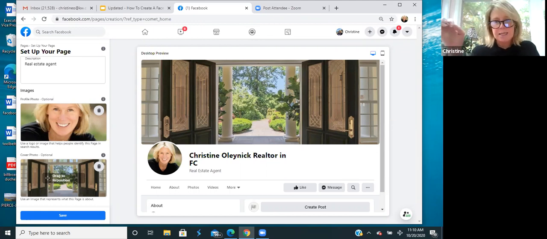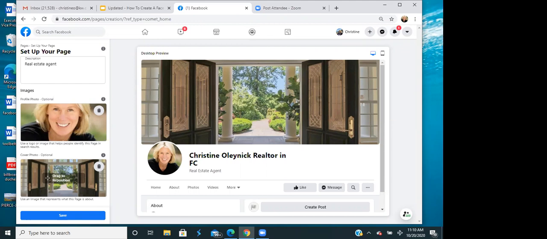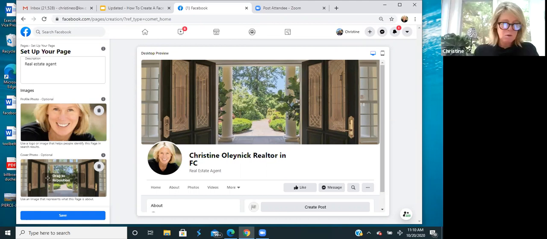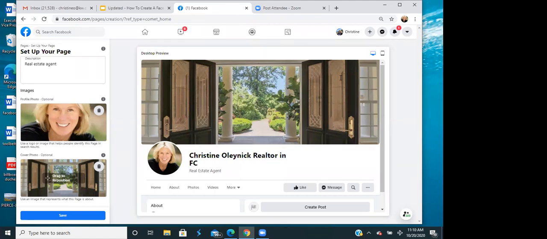It will tell you if it's not the right size. I think it's supposed to be a 340 by 340. If you use Canva, you can drop any picture into it and make the template. Absolutely.